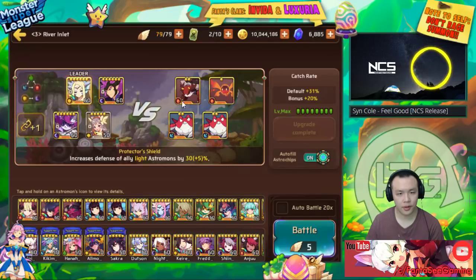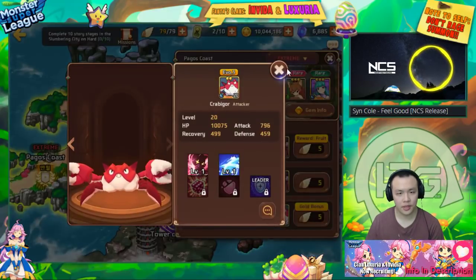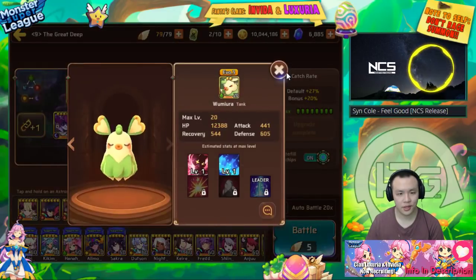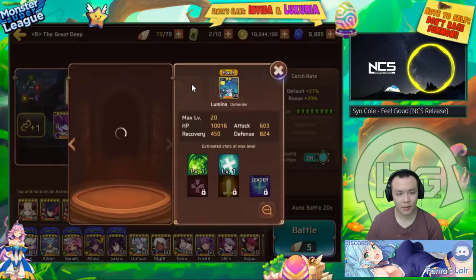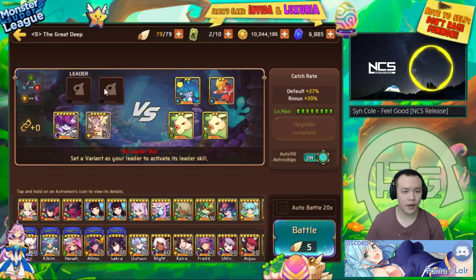What about here? Oh, these guys still have taunt. Can't we get a stage without those arcs? Okay, what about this stage? Crit, sap, recovery down. Good. Okay, we're gonna go with